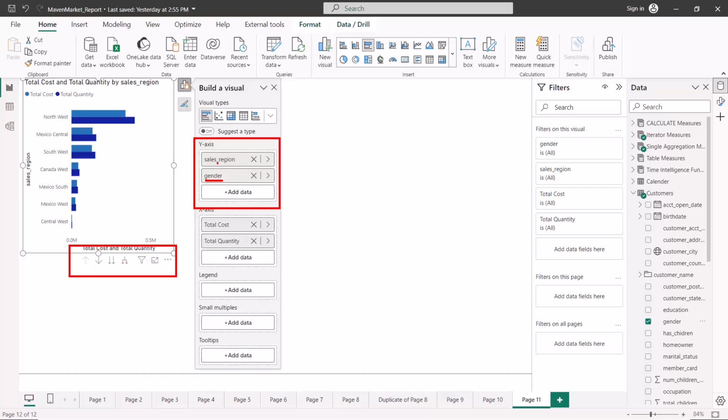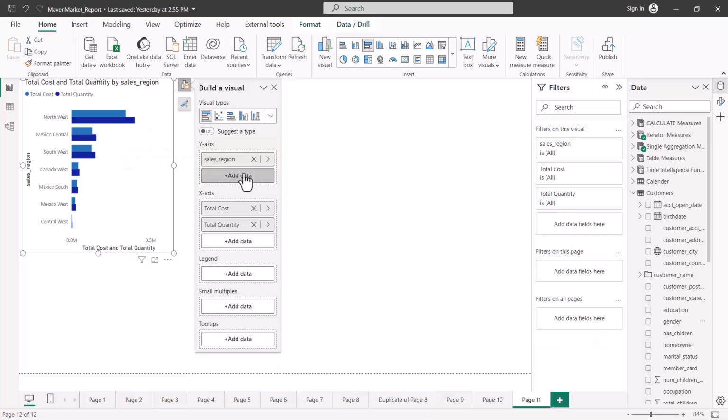So just remember that you can pull in more categorical columns in your y-axis, and this is going to create a hierarchy which we are going to explore in the drill up and drill down functionality video. I have now taken out the gender column from the y-axis, and now I'm trying to pull this gender column into the legends field,